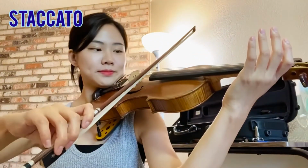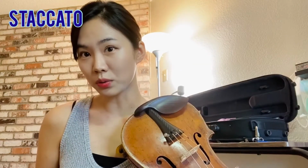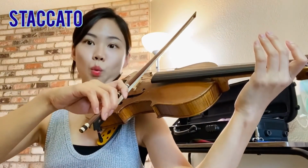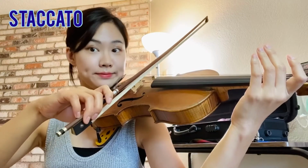Let me play two staccatos continuously. How about that? Each one has to be stopped at the end of the bow. It doesn't really matter if it's 2 beats of the note or 1 beat of the note. At least you stop at the end of the bow, then that's a staccato. 1, 2, 1, 2, or